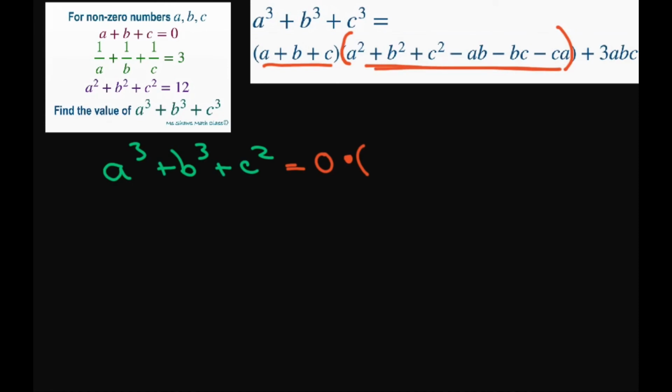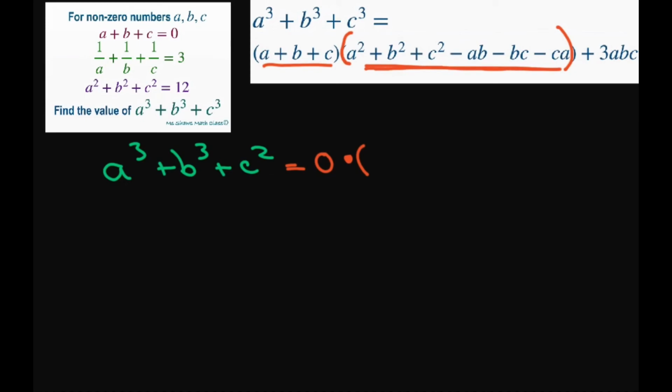So let's see what we get. We have a cubed plus b cubed plus c cubed. Now, this is going to equal, this part is 0, and then we're going to have times this part right here. And really, this part doesn't matter, does it? Whatever we get here, that's just going to zero out. That's interesting. So we know that this whole thing here,